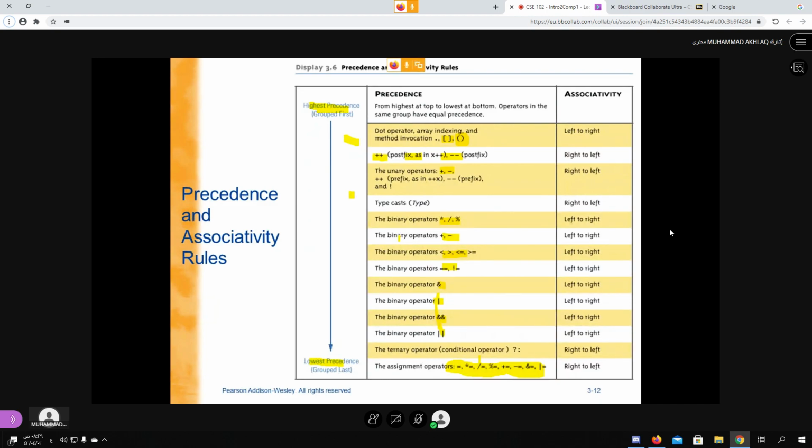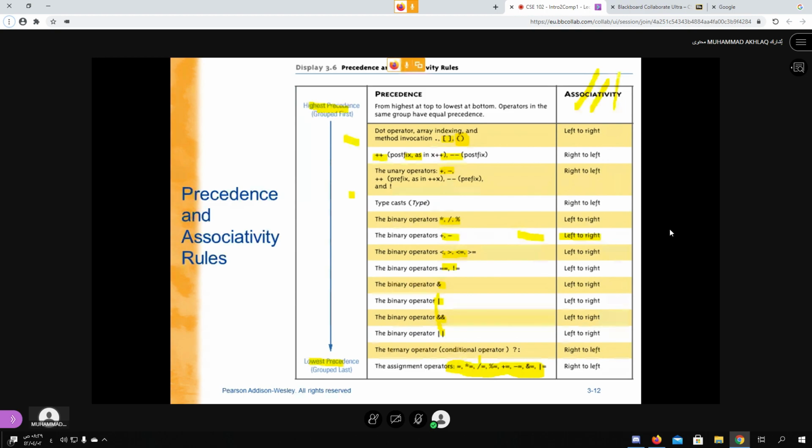Now if you have, for example, x is equal to a plus b plus c, plus has the same precedence, or maybe if there is one plus and one minus, they are the same. In that case, you will decide according to the associativity. Plus and minus have the same precedence, but in this case you go from left to right. So a plus b before minus c. From left to right, you first do a plus b, then the answer minus c. So this is how it works.